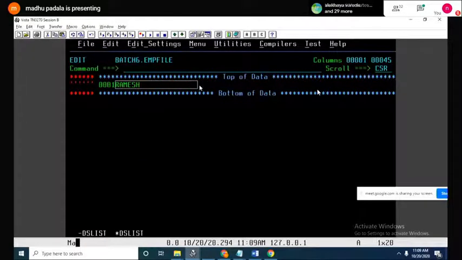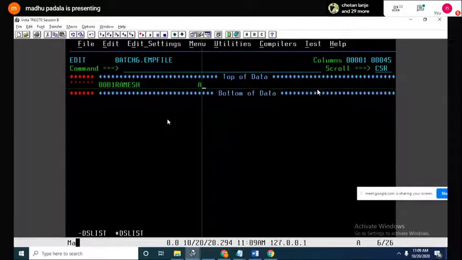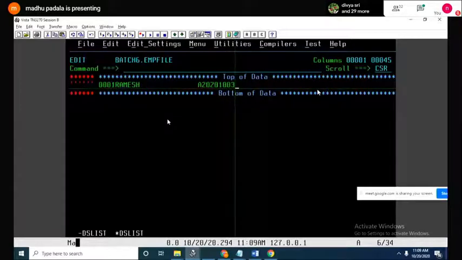So I have to code my status field here exactly A. Employee date of joining, for example, 2020, okay, 10/03. 2020, 10/03. Century and year and month and then date.